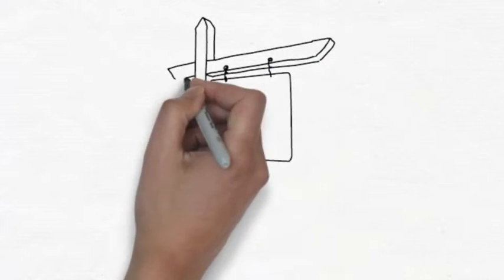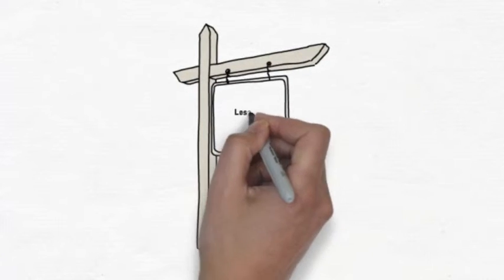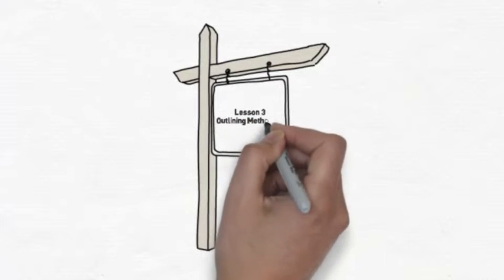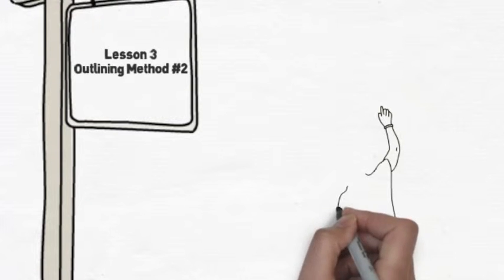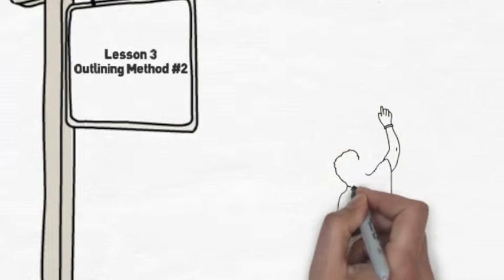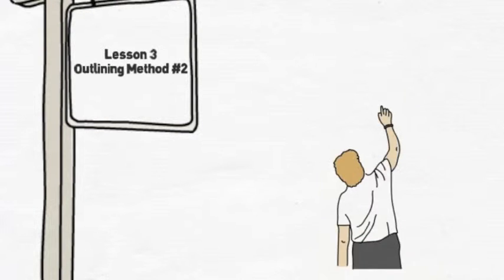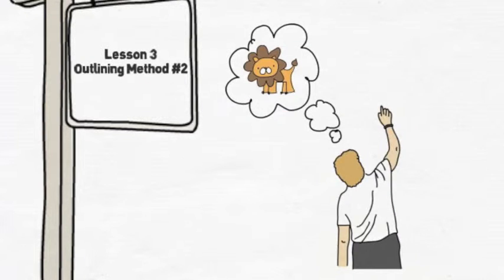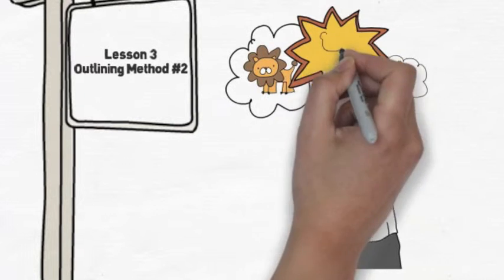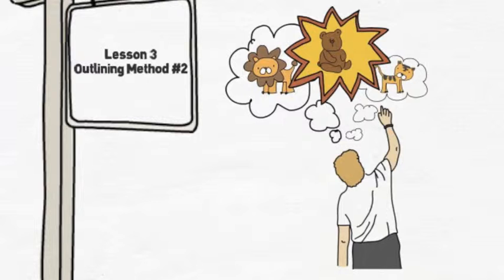The cluster outlining method is going to appeal to people who tend to skip around and have great ideas, but don't necessarily focus on one idea at a time. They tend to skip around, and then by the time they get to a really great idea, they may not remember exactly how they got there. So if you tend to skip around when you're talking with people and interrupt yourself, the cluster method really does